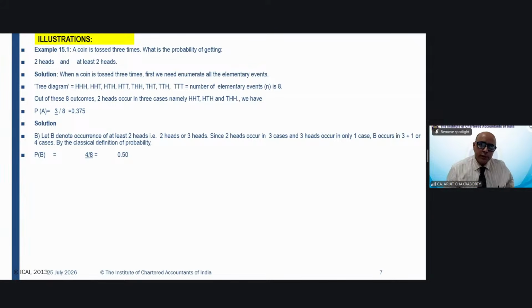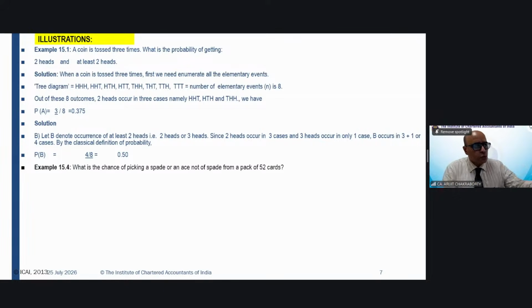Now, out of the given sample space, out of the 8 elementary events or outcomes, how many cases are there where we are getting two heads and three heads? So if we see this particular case, you will find that two heads is occurring in 3 cases. And the probability of getting 3 heads, how many events are there? Only one event is there in the sample space where you get H, H, H, and that is the first